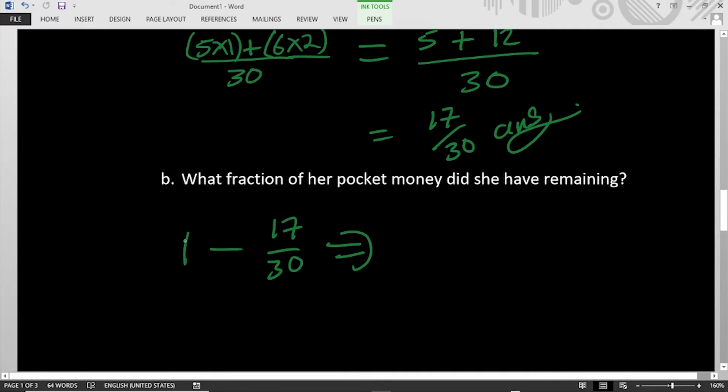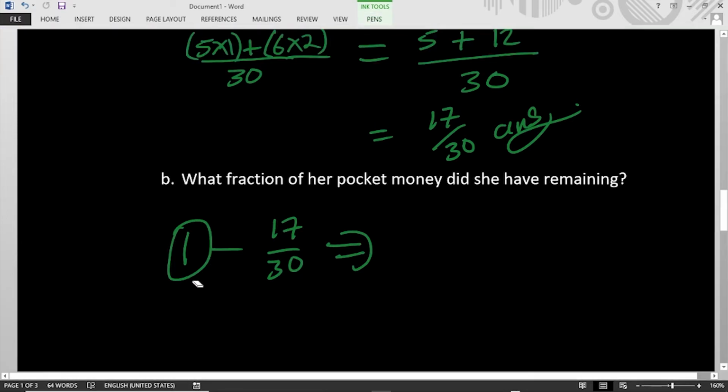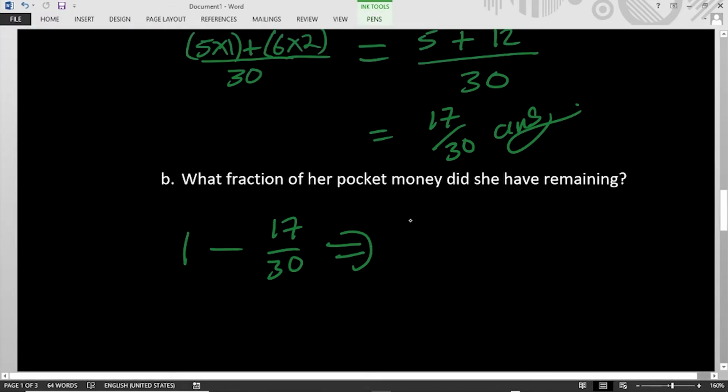That 1 can be written as a fraction with a denominator of 30. So instead of 1, we would rewrite it as 30 over 30. The denominator is 30, so 30 over 30 is also 1. And then we subtract the same 17 over 30 from that. Since the denominators are the same, this one is 30 and this one is also 30,